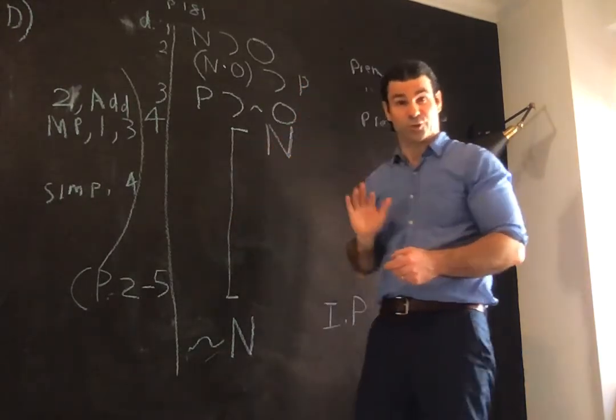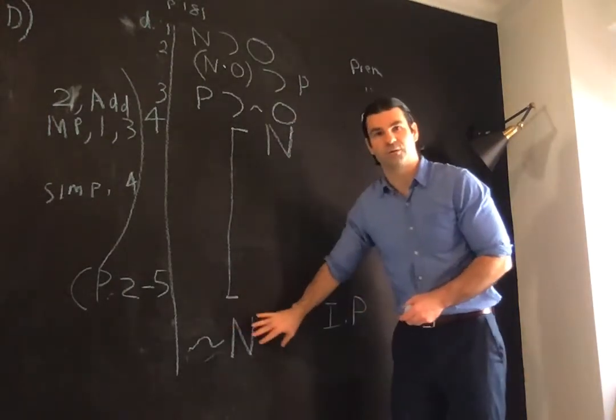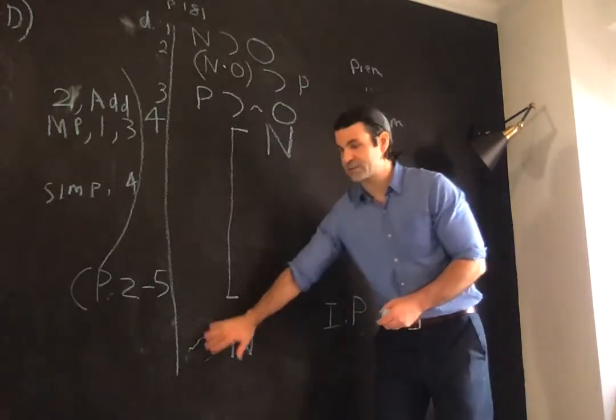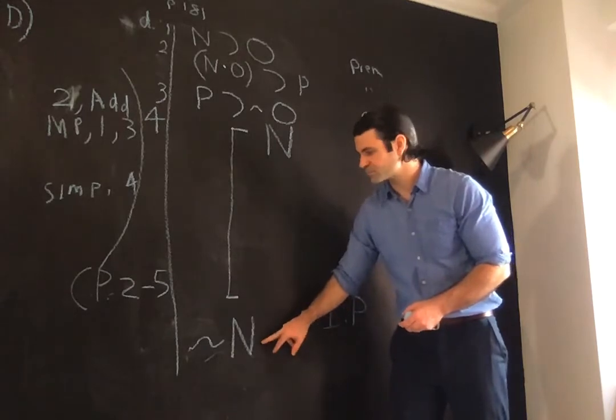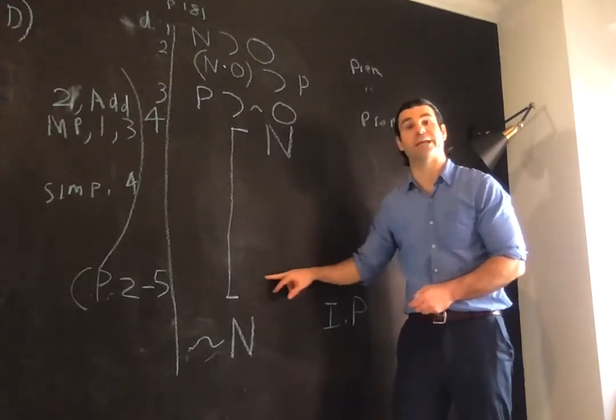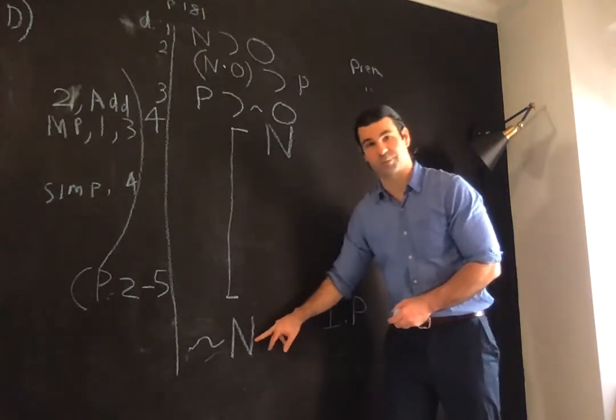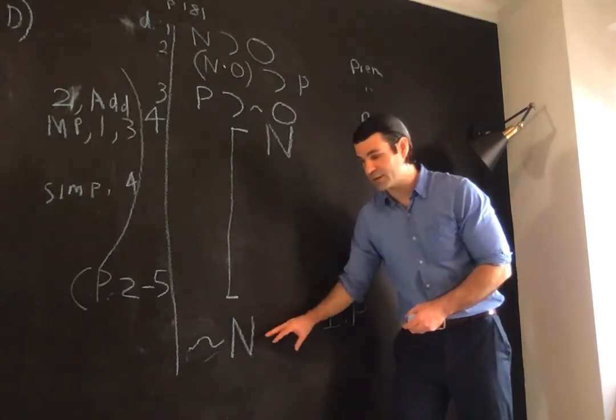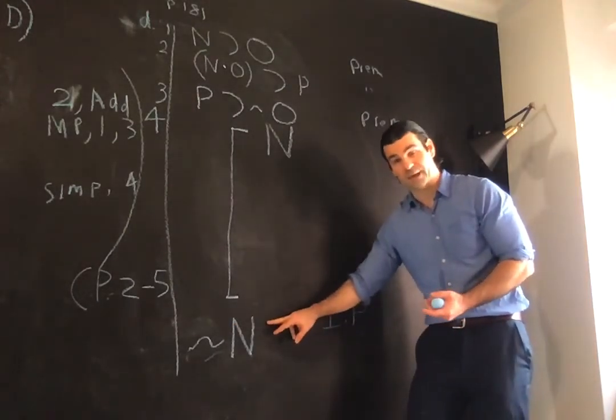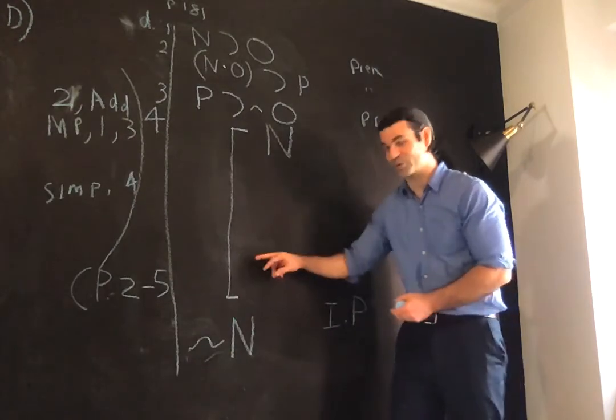That's not given to you by the structure of your conclusion. This is a negation. If I can derive any contradiction, I'm allowed to infer not P. But what I don't have here is, say, a conditional with a consequent where the consequent goes here. I don't have